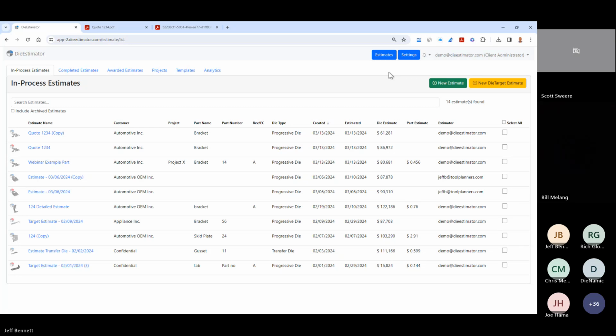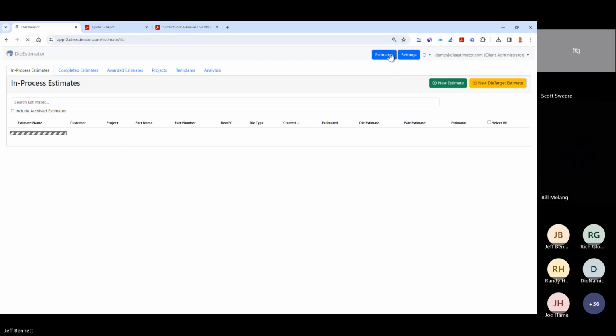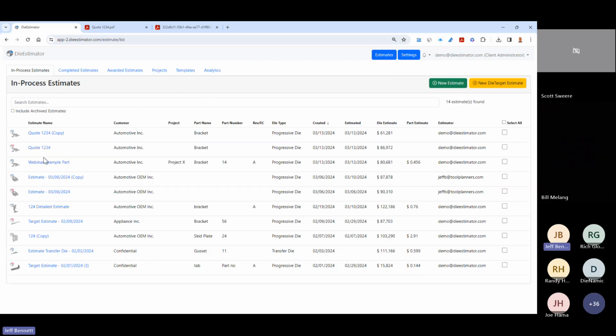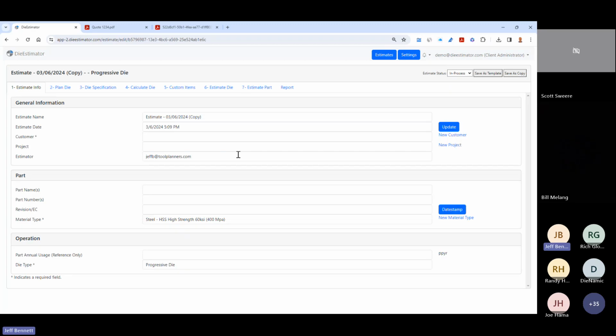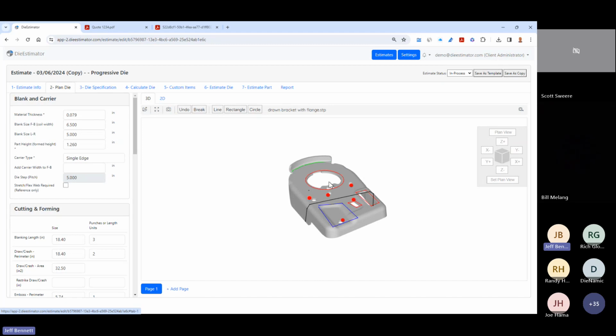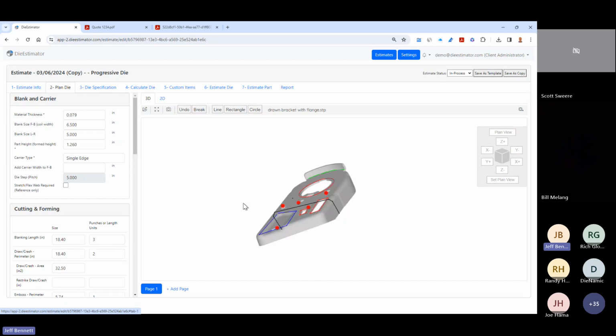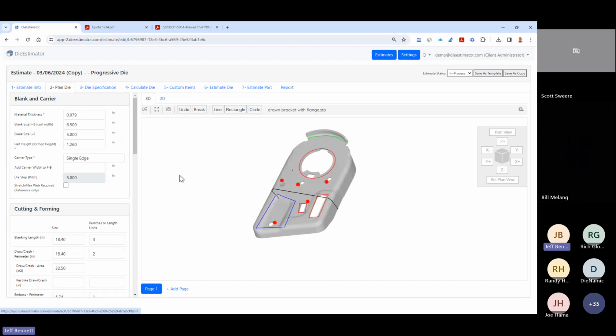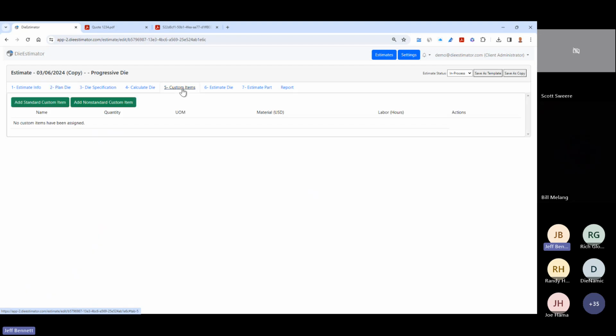Hey, Jeff, can you show us where to add transfer fingers and hardware for transfer dies? Sure. Let's pick this part right here. Let's say we're going to transfer this one. This is one we've already done here. So if I wanted to do this as a transfer, over in custom items, I would add